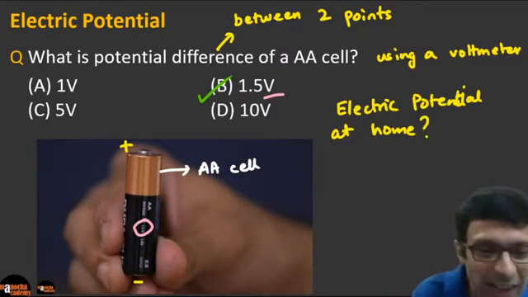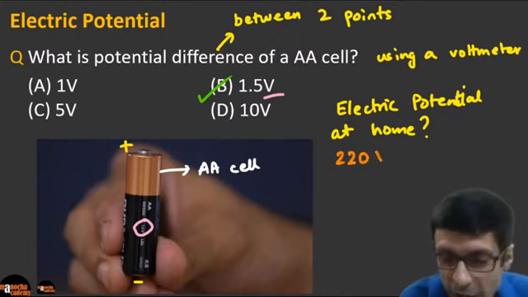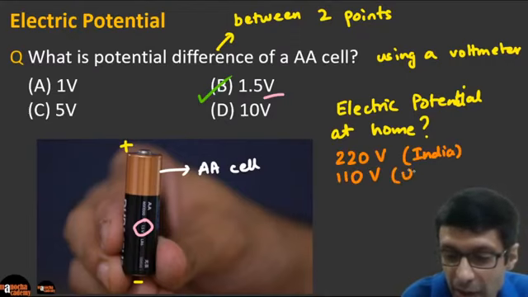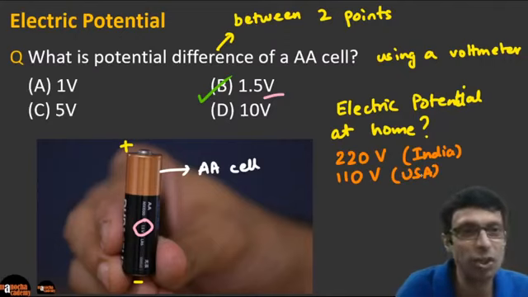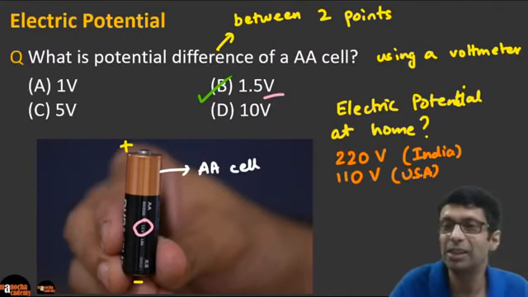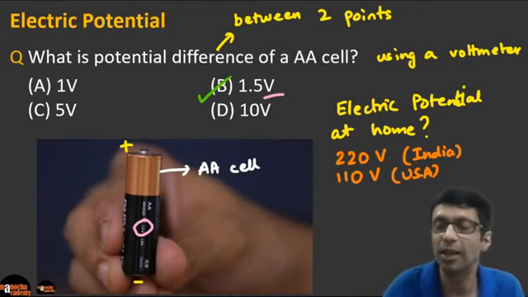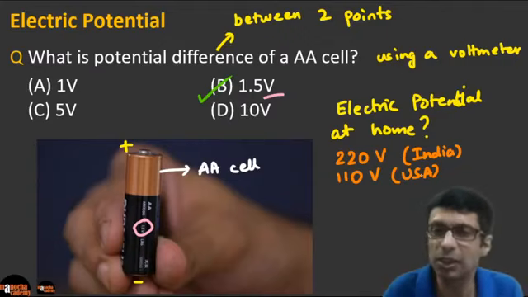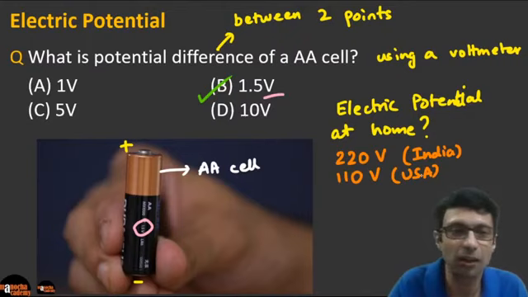So excellent guys. In India, the voltage is 220 or 240. So in India we write 220 volts. In the US it's 110 volts. Different countries have different voltage at their homes, so it depends on which country you're living in. In India it's 220 volts, in the United States of America it's 110 volts. I think England and Japan have a different voltage. Of course it's a range, 220 to 240, somewhere it's written 230, but the standard value is